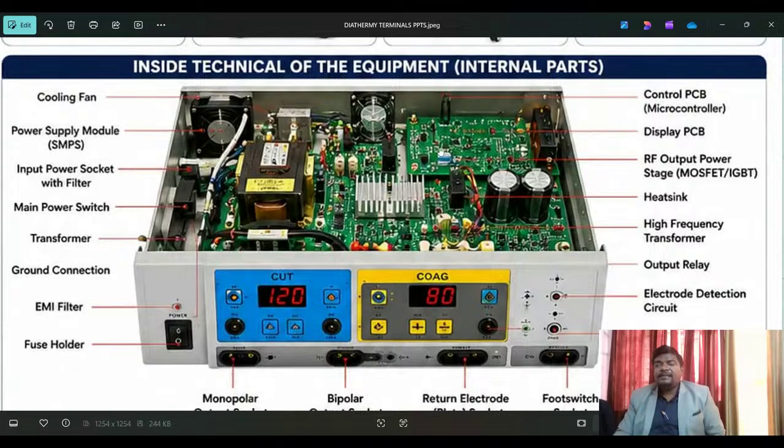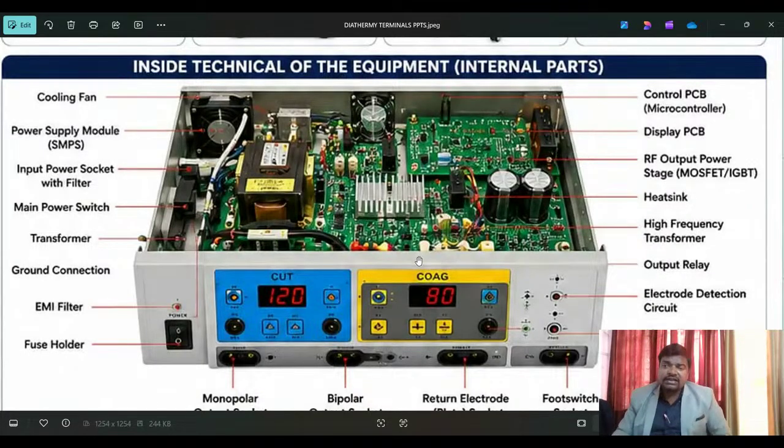Next, display the PCB board. Next, the RF output stage, MOSFET and IGBT. And see here, the heat sink, the high frequency transformer, and the output relay. Understand? Next, the electrode detection circuit and the alarm buzzer. The alarm buzzer will come on sometimes when the patient plate is not working,